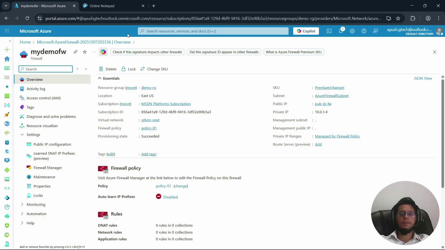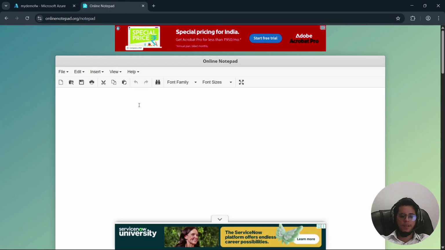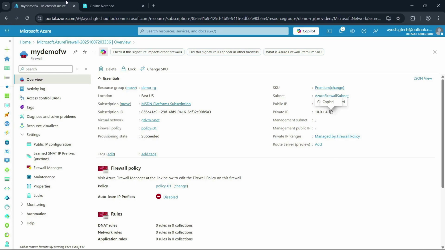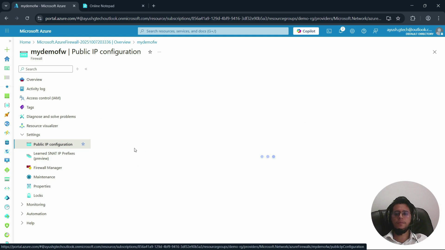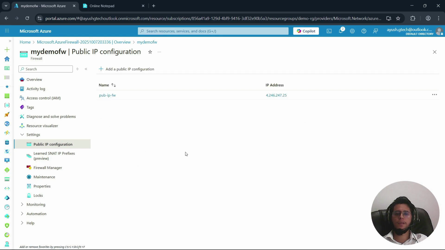I'm coming up in here. You can see this is the private IP address of my firewall that I have saved here. This is one thing. This is the private IP address of my virtual machine. And last but not the least, I'm going to use the public IP address of my firewall over here. Let this get open.